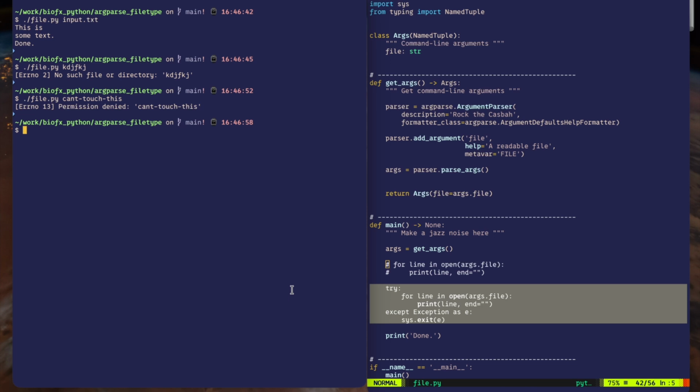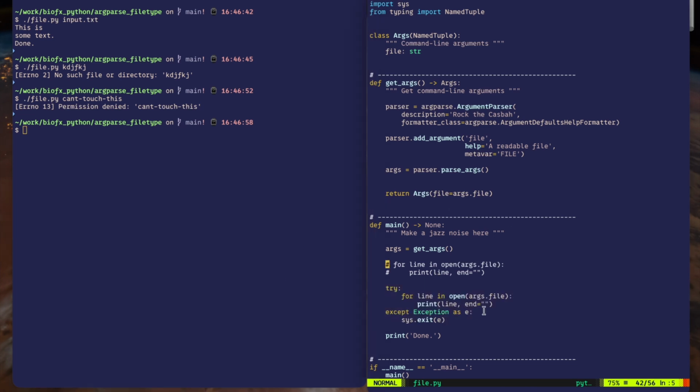If you want tighter control over how things like this happen, how error handling happens, then maybe you should invest in learning a language like Rust. So that's just a little bit of what I have to say about how you can get